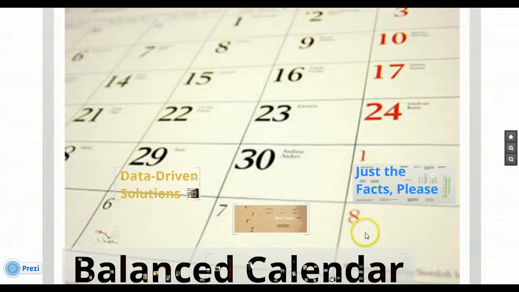So this part that says Balanced calendar is my introduction. And then I've got 1, 2, 3 paragraphs, and then my conclusion. And so I showed my kids that even when you're doing something in presentation form, you still want to have good organization. So I'm going to run you through a little bit of the introduction for this Prezi,